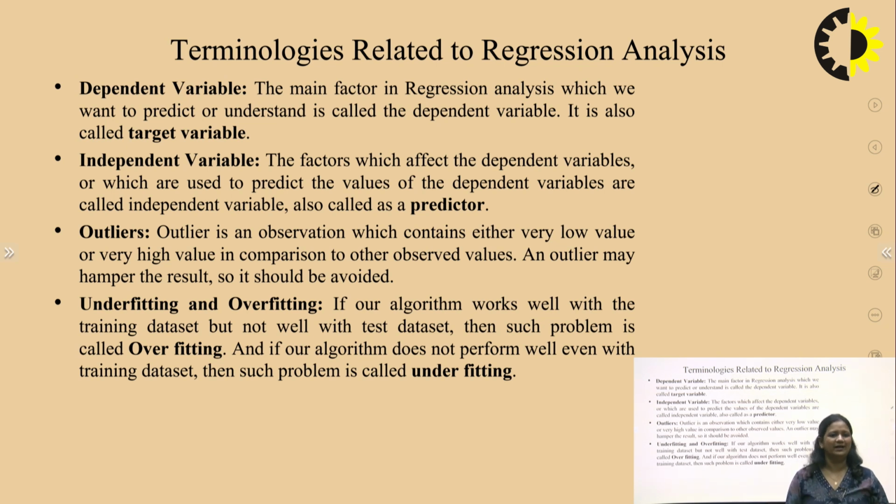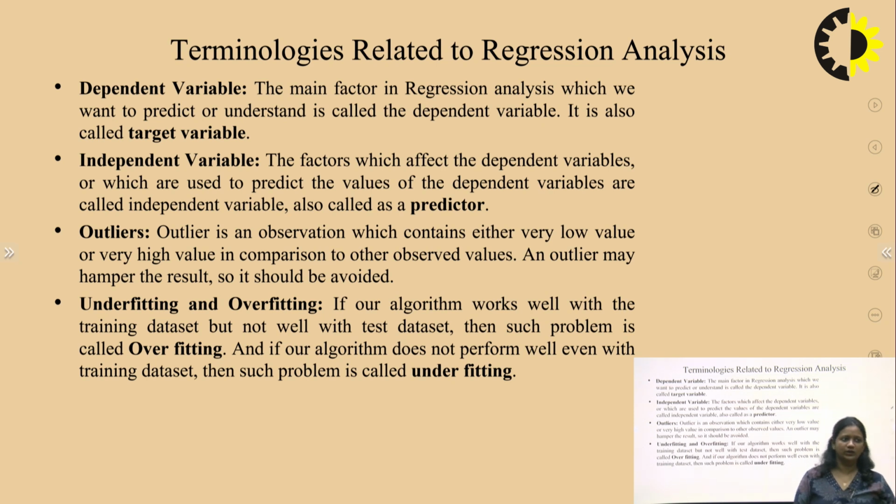Suppose let us take an example. If we have to predict a value in sales, for example 2000, and the actual values are something like 500 or very less, 100, these are the outliers, because the values that are actually going on are very high and low. So we have to neglect these outliers, very high and very low values, in the regression analysis.